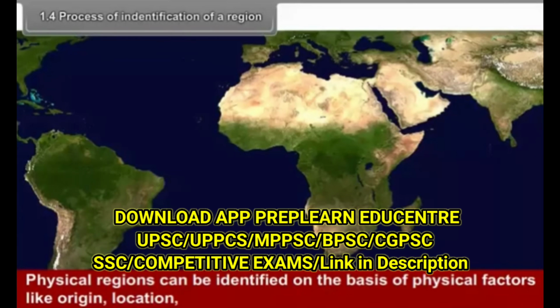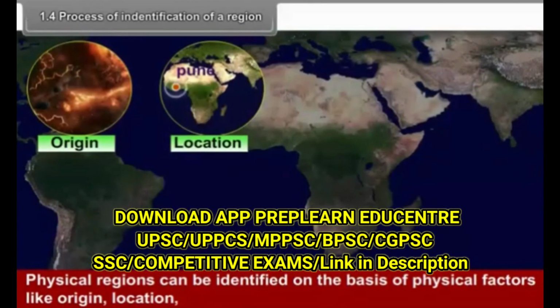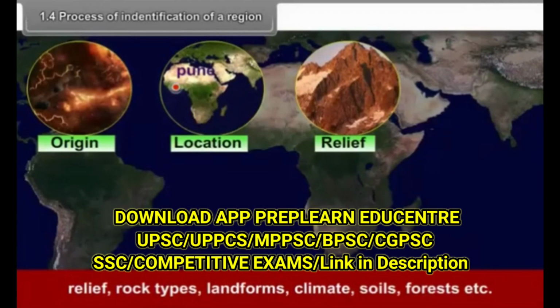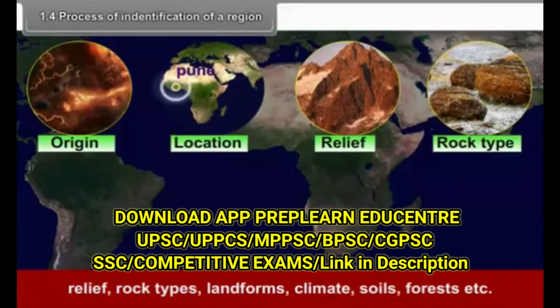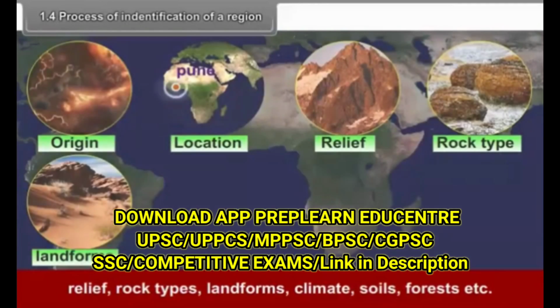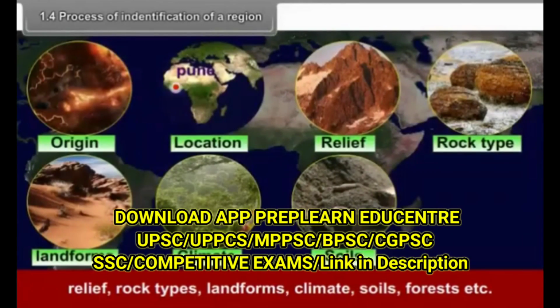Physical regions can be identified on the basis of physical factors like origin, location, relief, rock type, landforms, climate, soils,